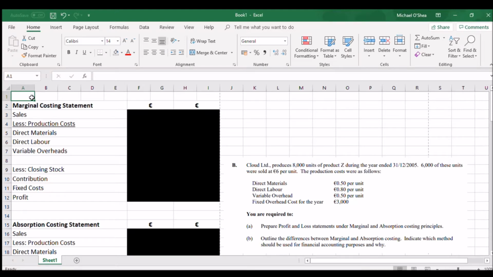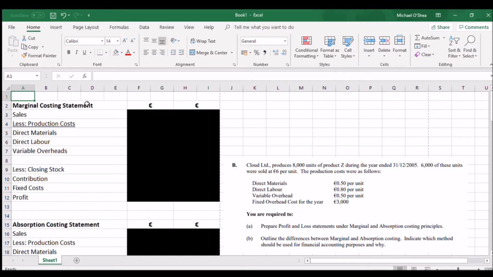Okay, this is a marginal and absorption question from the 2006 paper. So it's part B of a marginal costing question. At the bottom we're asked to prepare a profit and loss statement under marginal and absorption costing principles. Second part is just theory. So the first thing we're going to do is a marginal profit and loss statement, which